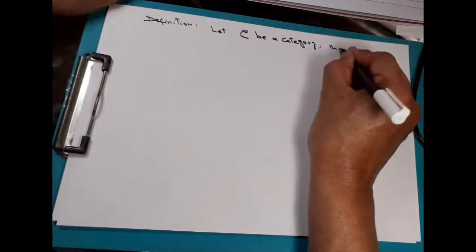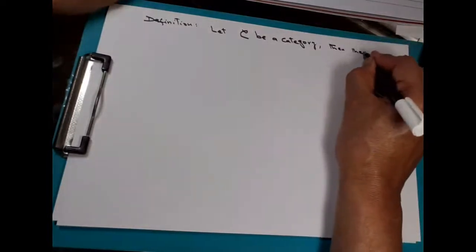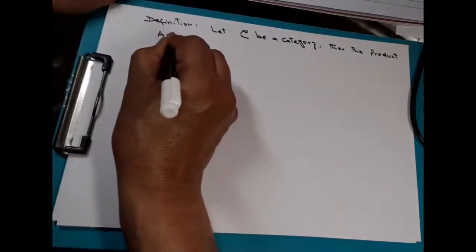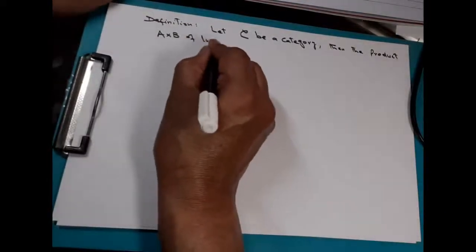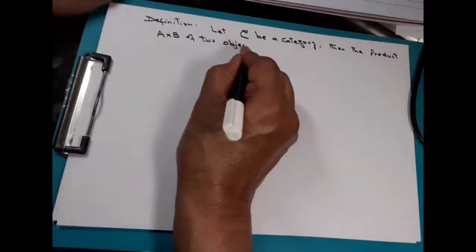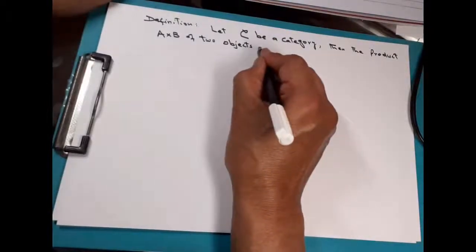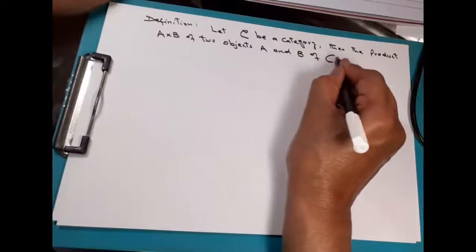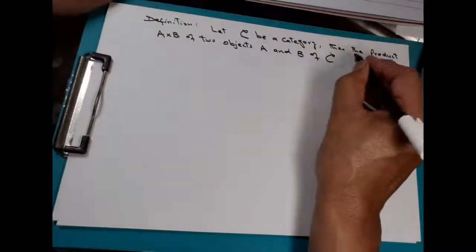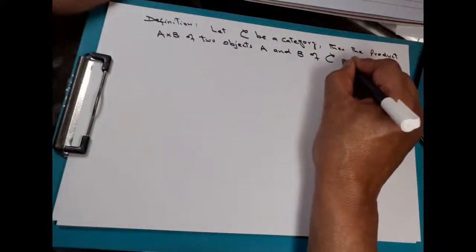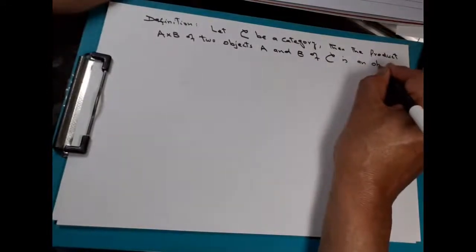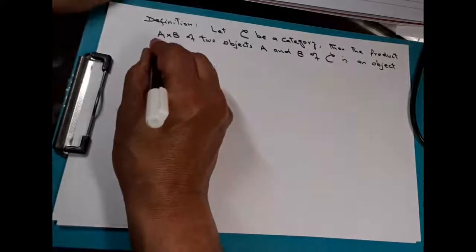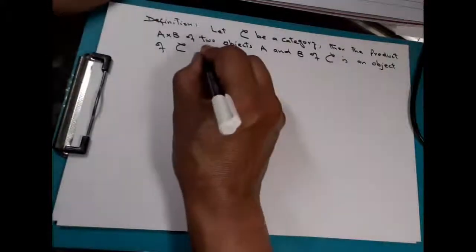Then the product A cross B of two objects A and B of the category C is an object of C such that